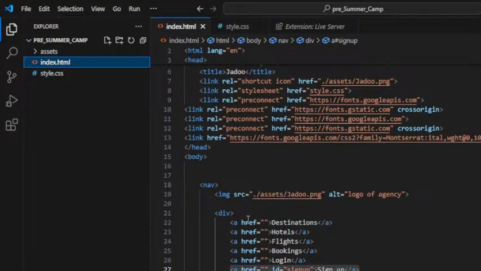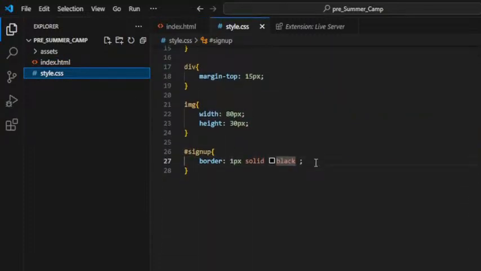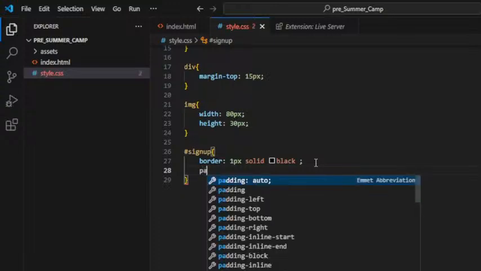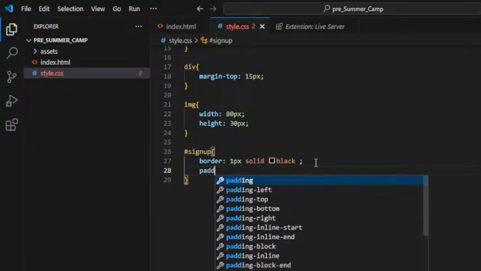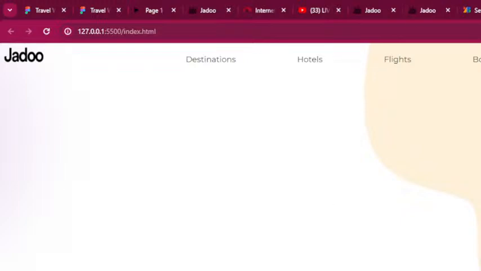seeing that we have the sign up button, we have to add padding to the sign up button. Now I'll probably want a padding of say 10 pixels. No, let me say 15 pixels. Again, you can play around with these numbers till you get a desired result. Now I've added a padding of 15 pixels. Now let's see what that gives us. Wow, looking good,